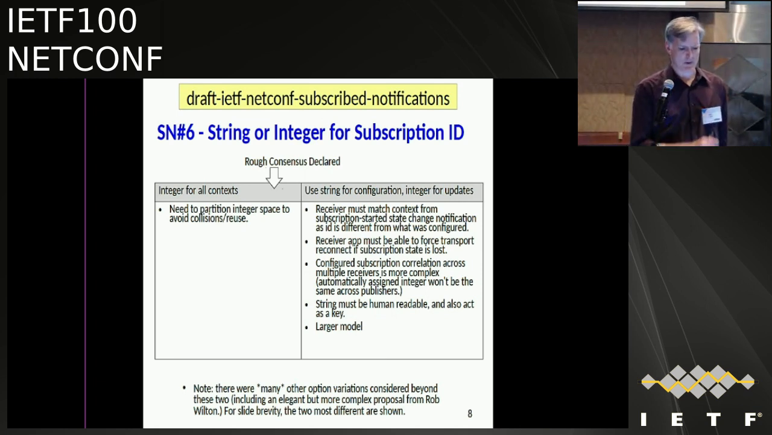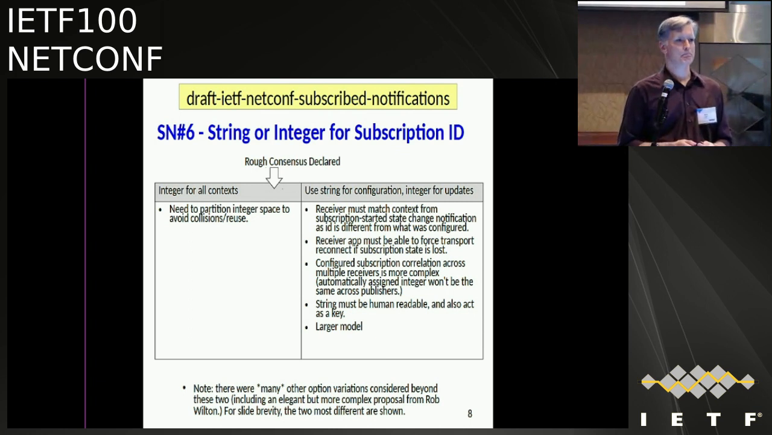Now, there's one other topic that we actually declared rough consensus on. There are a lot of people who chimed in on string or integer for subscription ID. And while I showed 2 options here, just like all the other issues, there's always 4 options, 5 options. So I showed the 2 most different ones. One is to use an integer to avoid collisions and reuse. The other one that had the most difference was using string for configuration, integer for updates. That wasn't the only way to do it. There was another model that Robert was talking about, where you had a combination between the 2, where you still had some issues. In the end, I think the issue has worked fairly well on the list, and even though not everybody had the answer they wanted, the rough consensus out there was to use